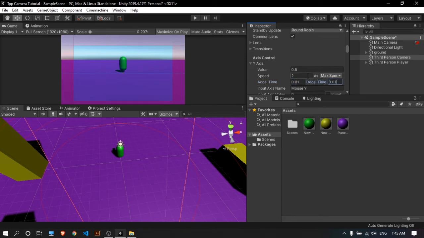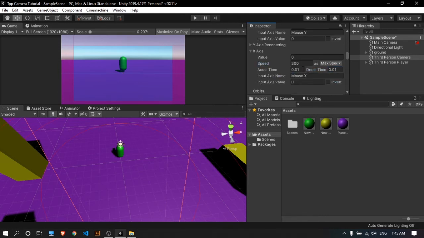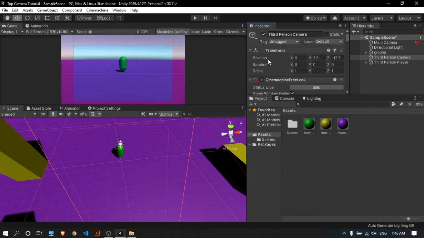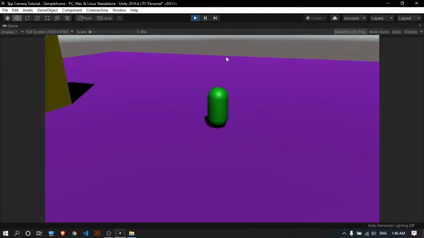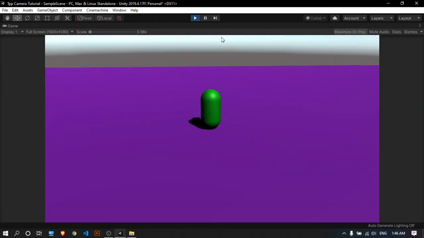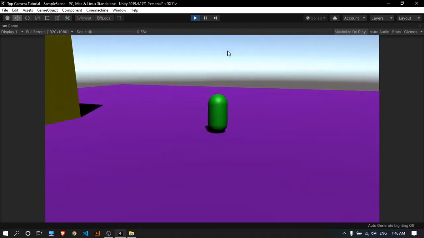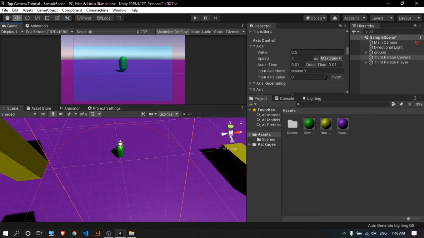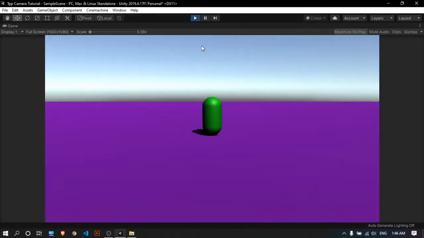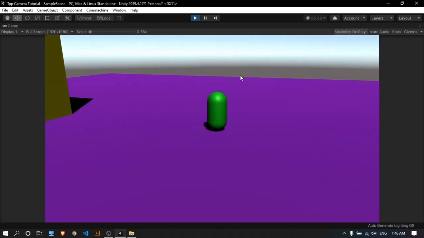And we can now change the speed. As the speed on the y-axis was 2, we can change it to 4, and over here we can change this to 600 maybe. So this should do it. Now when you play the game, you should be able to see your player, and it should be a proper third person camera. And if you want, you can now invert the y-axis too. It depends on how you want it. Okay, so this is how a third person camera is basically.